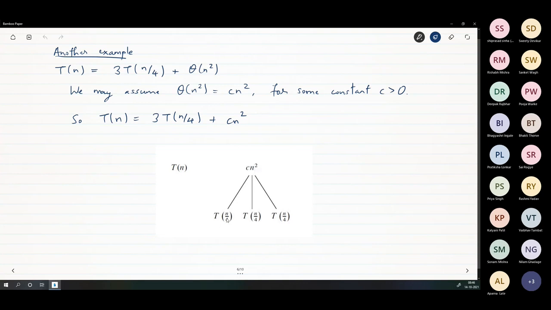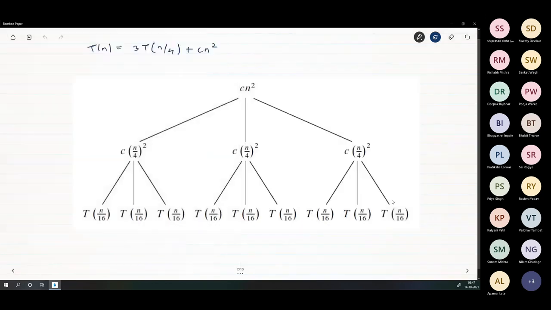Further down, you do the same with each of these T of n by 4s. So the next tree will look like this. The first level has C times n squared. T of n by 4 is 3 times T of n by 16 plus C times n by 4 squared. Let me just write it down so that it's not confusing. At the next level, T of n by 4 is equal to 3 times T of n by 4 by 4, that is n by 16,